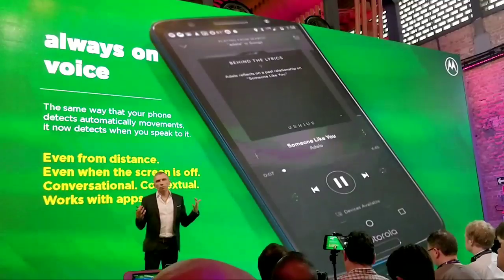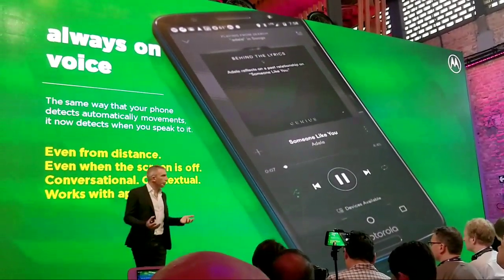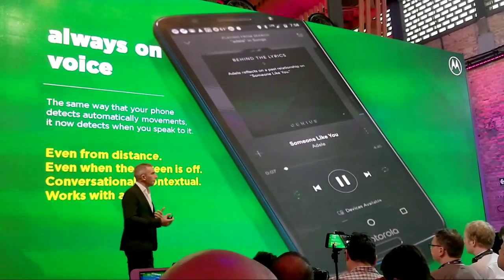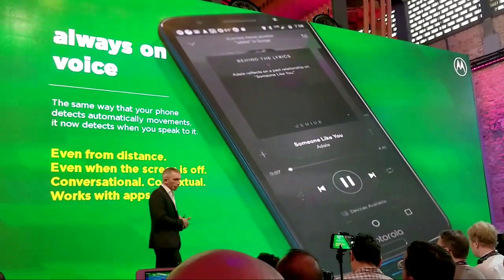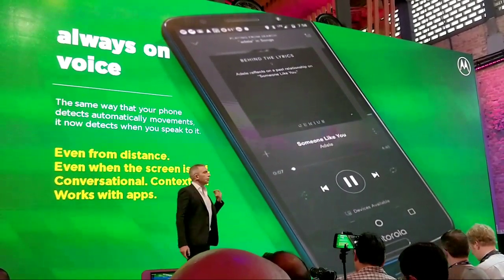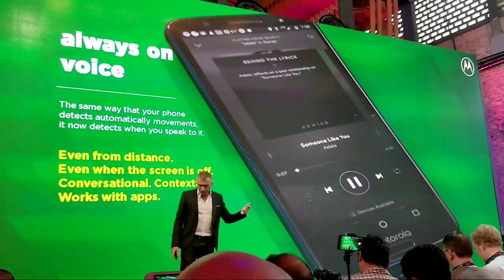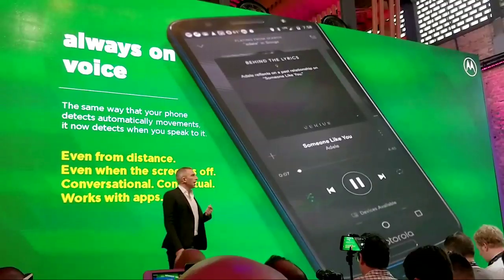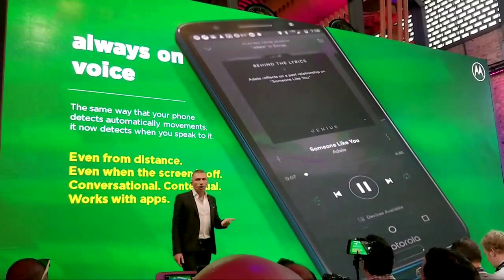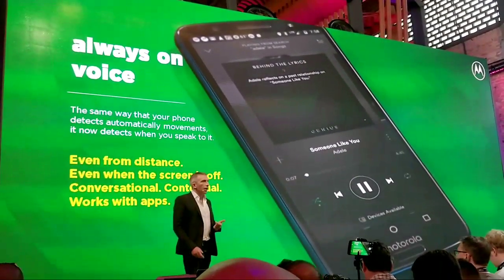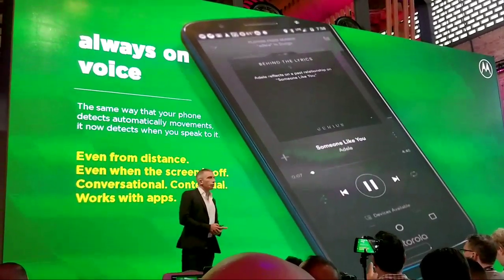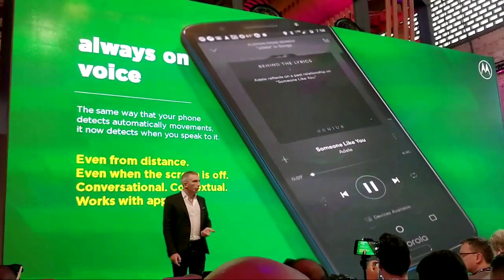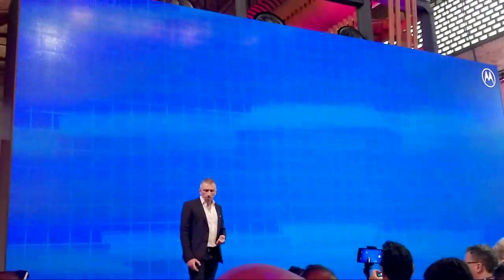It makes you wonder why you would even have to unlock your device anymore and touch icons. It's way faster than doing all sorts of scrolling, pushing icons, and copy and paste. So this is what we call Moto Voice. Moto Voice is now available on Moto G for the first time, and Moto Voice will evolve over time. There is a long journey of Moto Voice coming up, and on all the AI-powered Moto experiences.